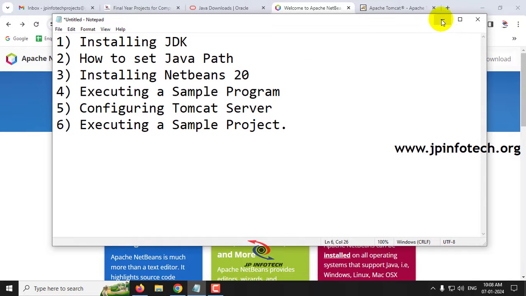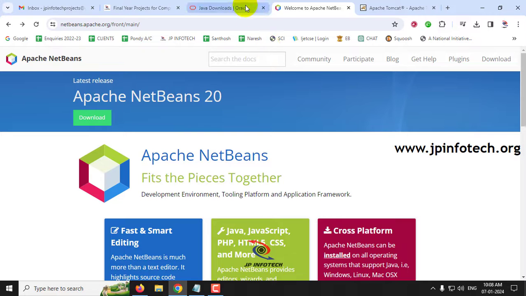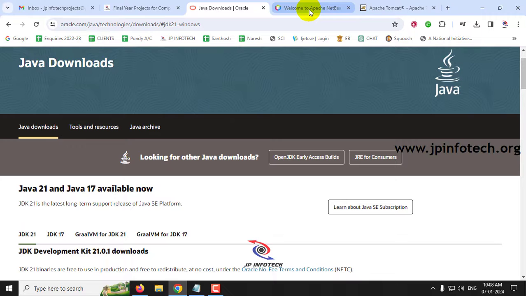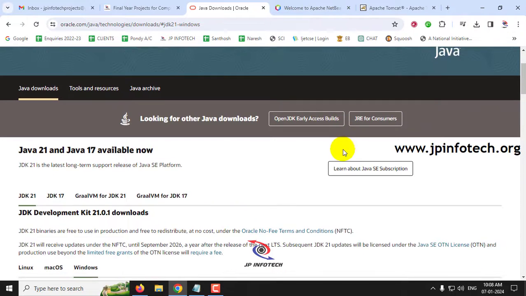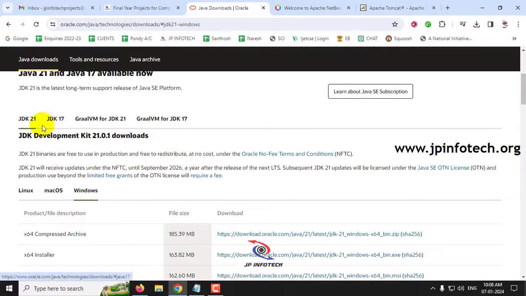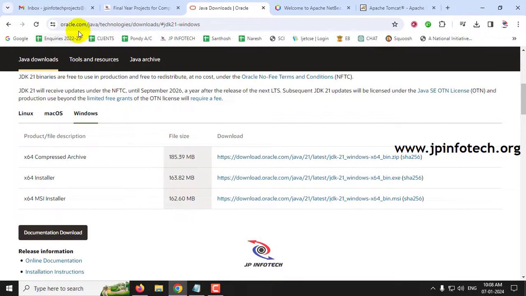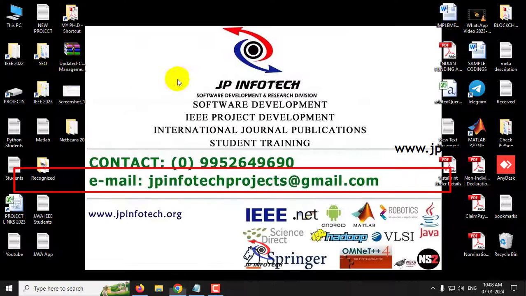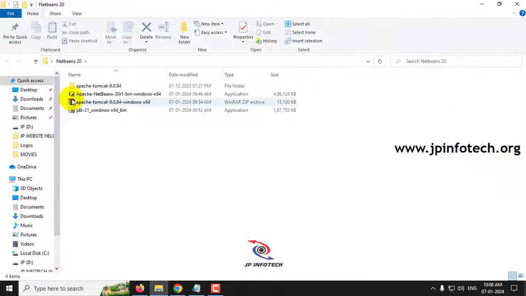First, we need to download the required software. First, you need to download the JDK. For Apache NetBeans 20, the latest version is JDK 21. If you go to this URL, you can download the required JDK. Here we have various operating systems mentioned. If you click the Windows part, you can download the x64 installer by clicking this link. I have downloaded that, which is around